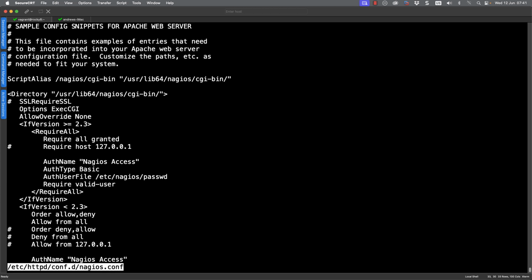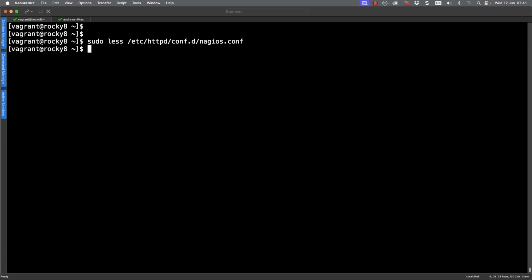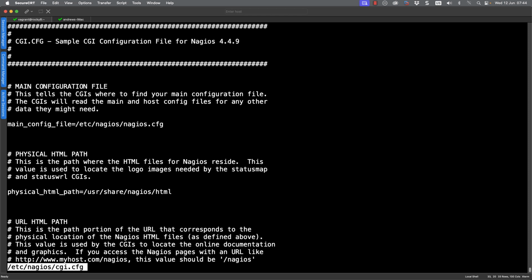So this tells me the password file that I should be writing to, but it won't tell me the user account that it should be using. Here we're just looking at require valid-user. The configuration of who is allowed to manage the system is inside of a CGI file, so I can go through and take a look at /etc, and this time we're going into nagios, the Nagios configuration, and looking at cgi.cfg.